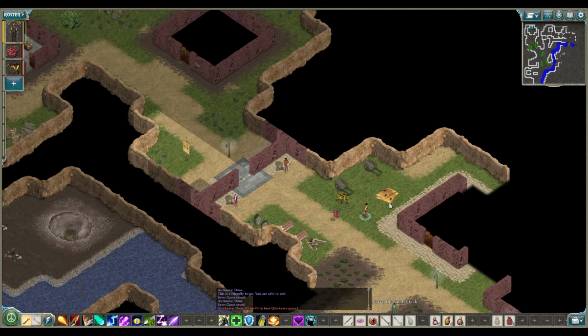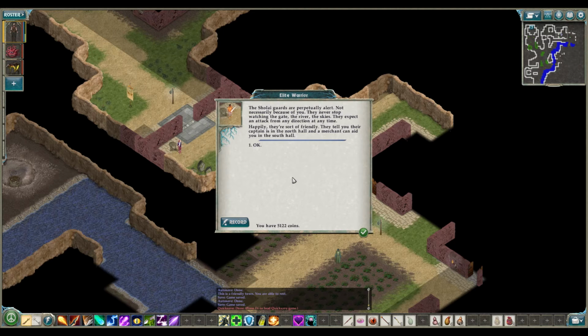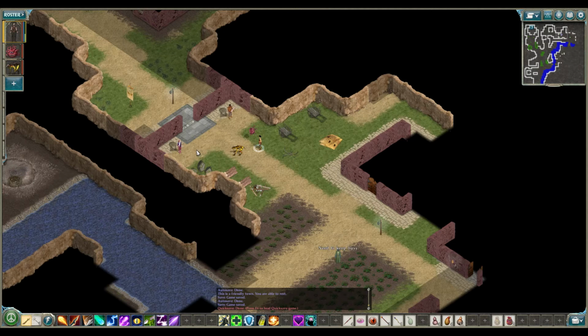That's a navigator, huh? Elite warrior. The Schulte guards are perpetually alert, not necessarily because of you. They never stop watching the gate, the river, the skies. They expect an attack from any direction at any time. Happily, they're sort of friendly. They tell you their captain is in the North Hall, and a merchant can aid you in the South Hall. Yeah, I wish I could...